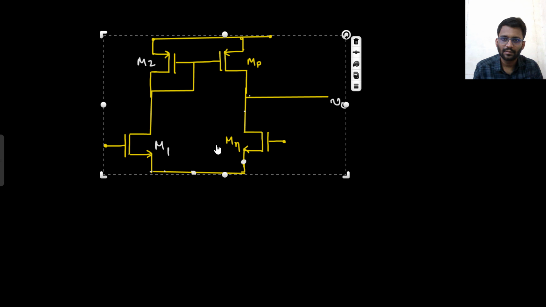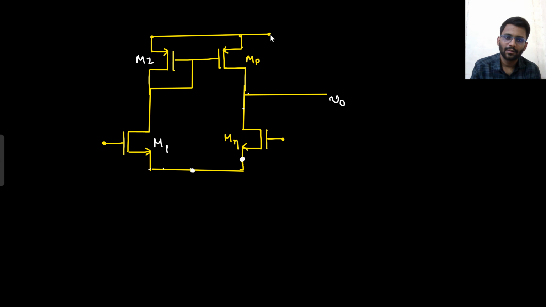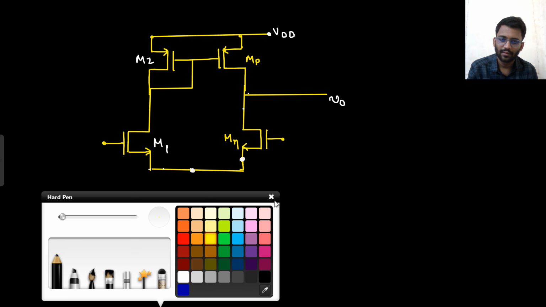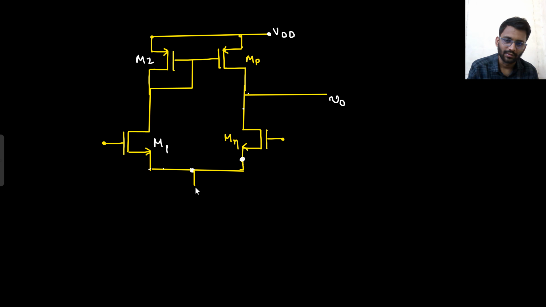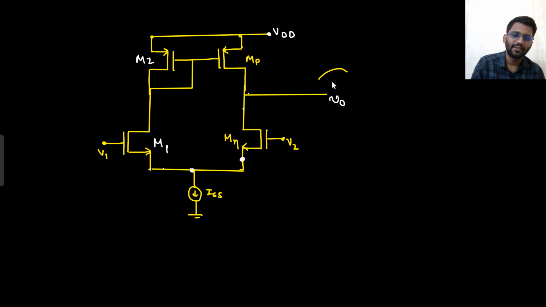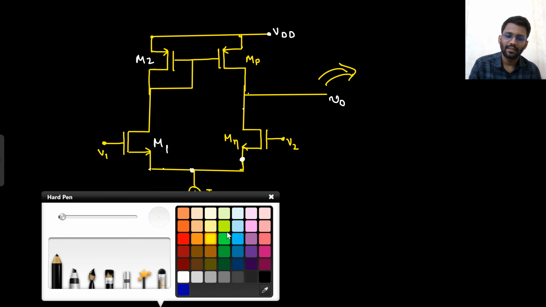So this is VDD, and then there was a current source involved, right? I made a current source here. Let's just call this potential V1 and this potential V2. If I show this diagram, something like this,